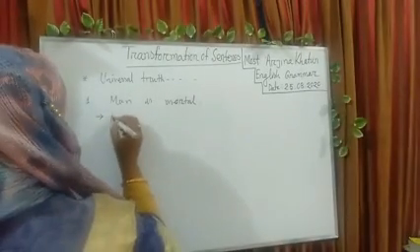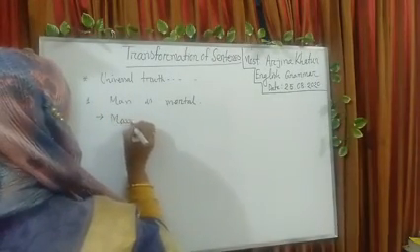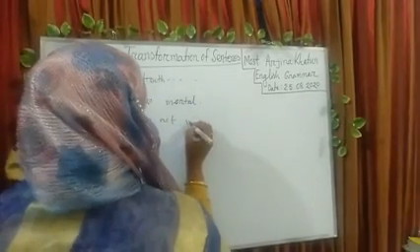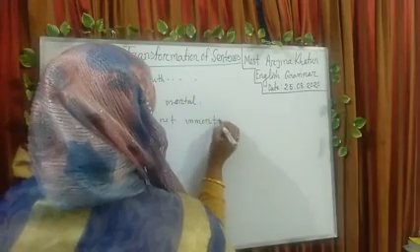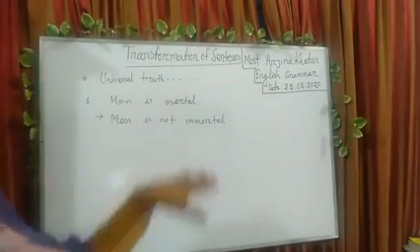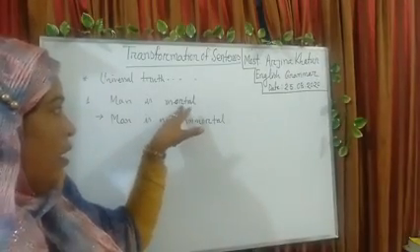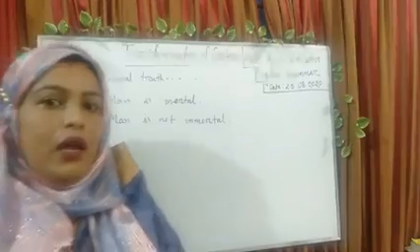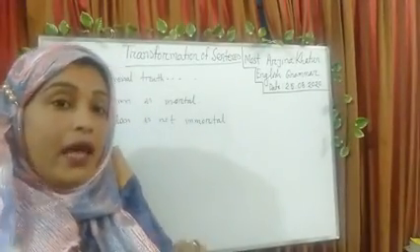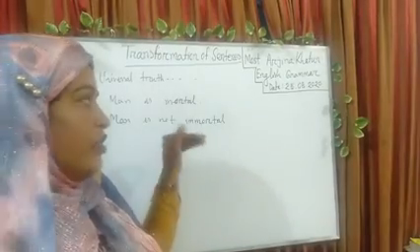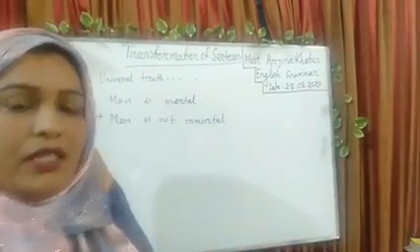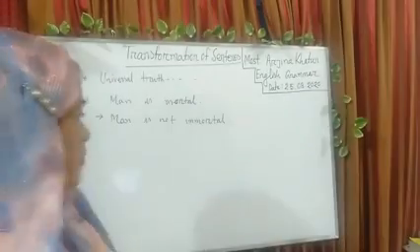My dear learners, man is not immortal. We see here that the form uses the opposite word of mortal. Okay, dear learners, when a sentence is a universal truth and we change it, we change the main word and use its opposite word. My dear learners, next,